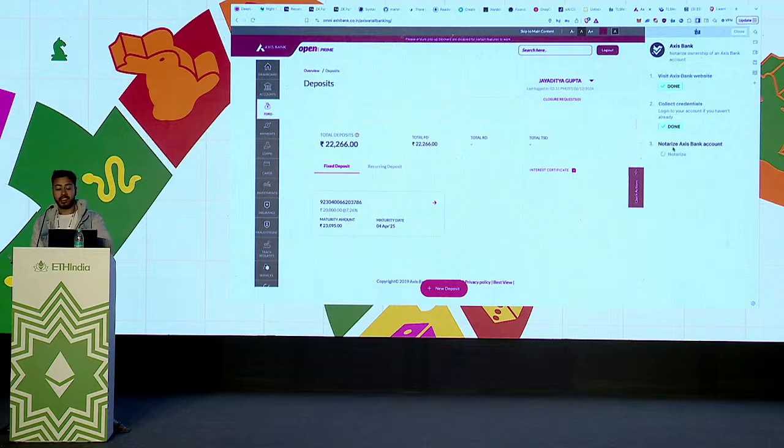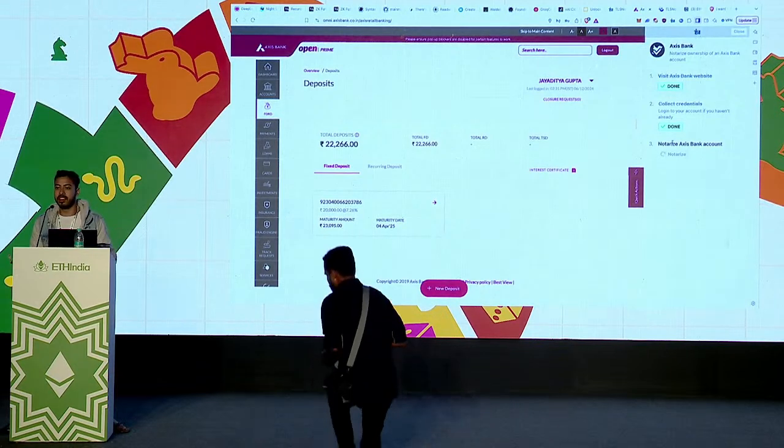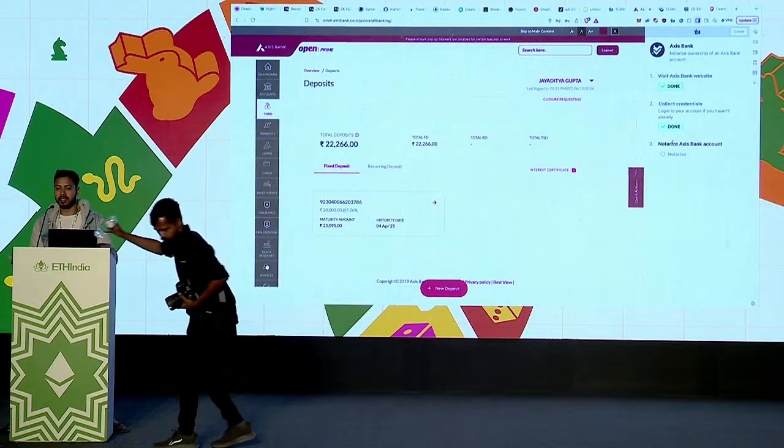It's still working because the internet is super slow, but I have a recorded version too, just in case it fails. And it can show how much money I have. If I want to apply for a loan, it can just show the money I have and what percentage I can get. It hides the address or other crucial information if you want to hide it. And it's up to the user how much information you want to reveal or redact. So you can do all of this with the plugin system. And I hope some of you make real-world applications like this, where you use actual services in India, like banks or KYC servers or anything that is used every day, where you want to export the data to some other side.